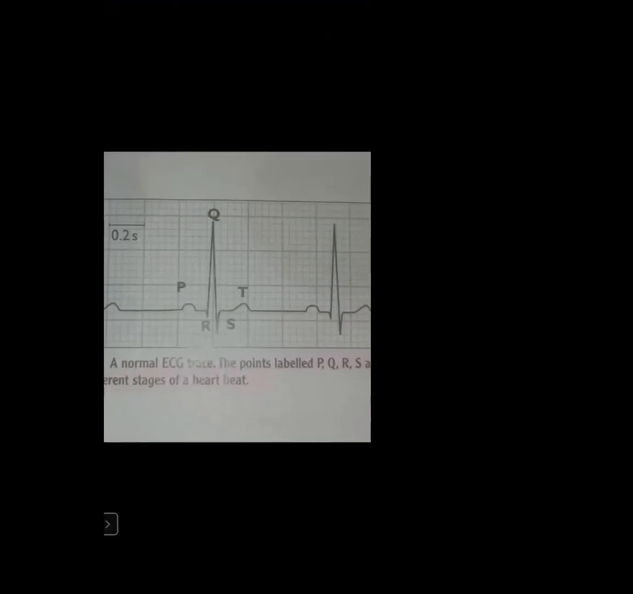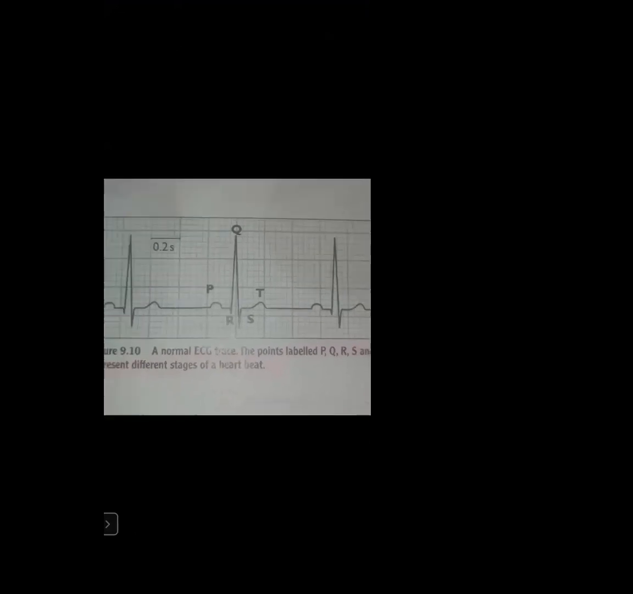Now, pay attention to the shape of this graph. You have the P wave, R, Q, S, and T. From P to T is one complete cardiac cycle. This is electrical activity through the walls of the heart. These spikes are representing electrical activity. Now, this big spike, RQS,